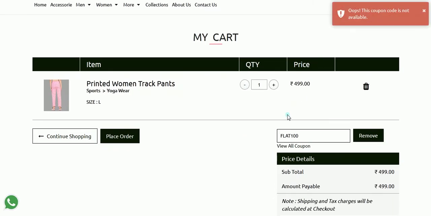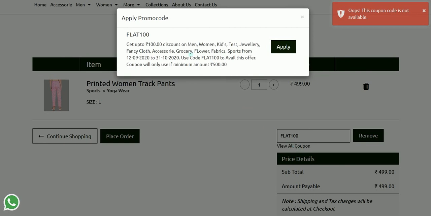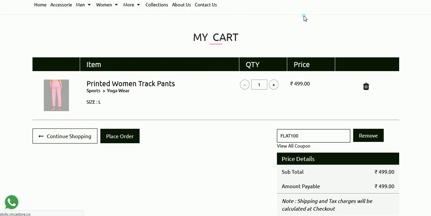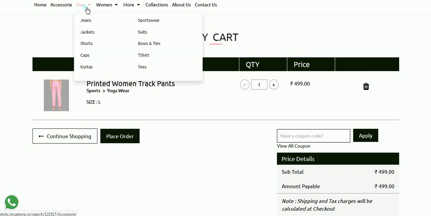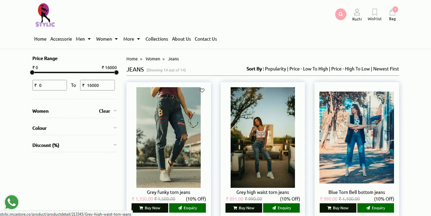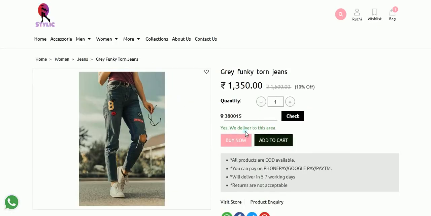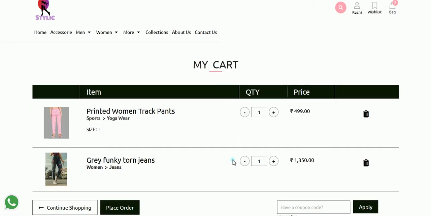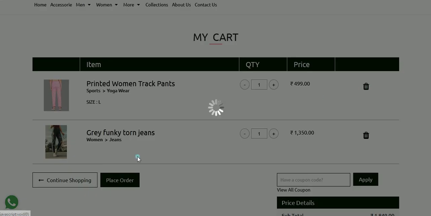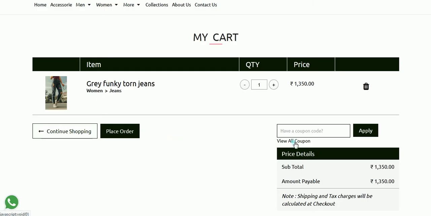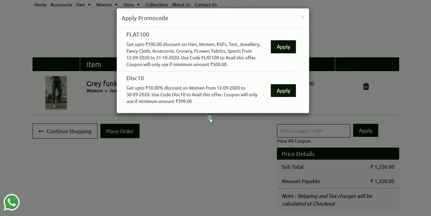So here I will just see the discount, once again I will refresh it once. So here you have seen that we have added a coupon only on women's category. Okay, suppose if I am buying this thing and I click on buy now. Now there are 2 items in my cart. Here I am selecting this one, and here if I click on view all coupons,